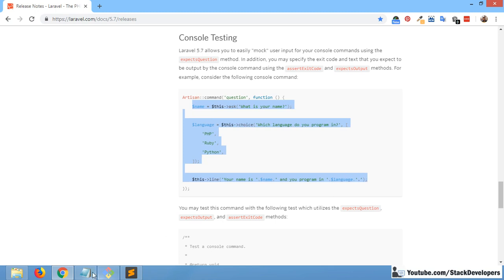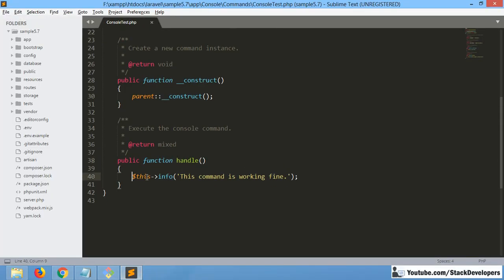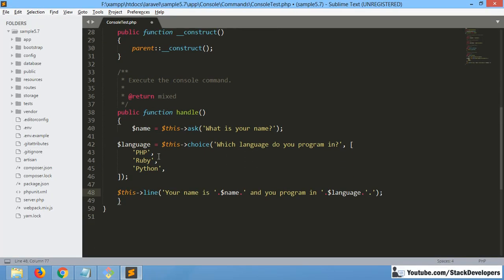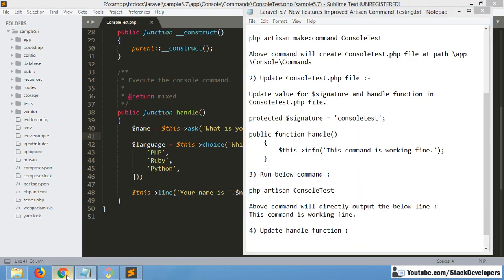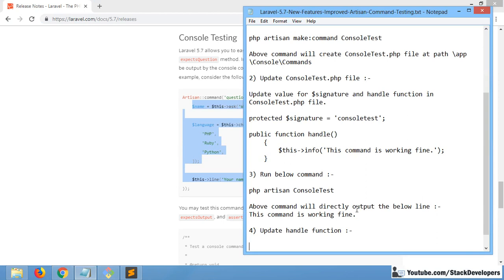Okay, so I'm going to copy this one and paste this one here, this time like this. Okay, so now we will test again. So you need to open this website first, so that it will be easier for you. So now open, you can say,